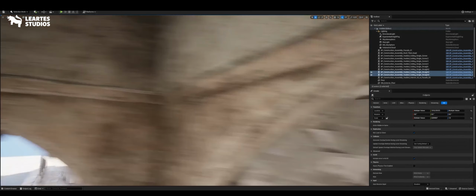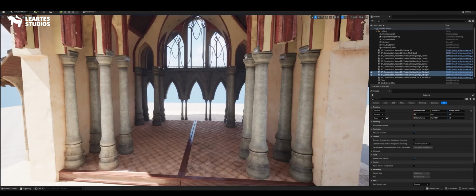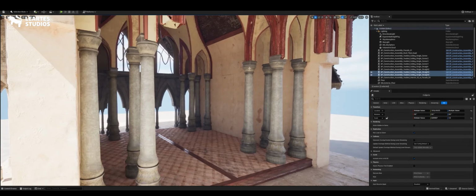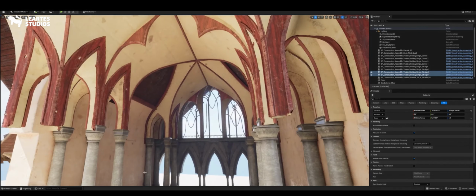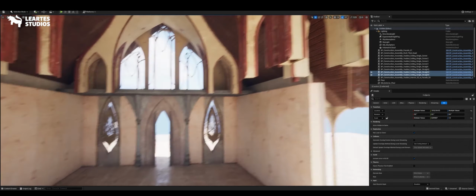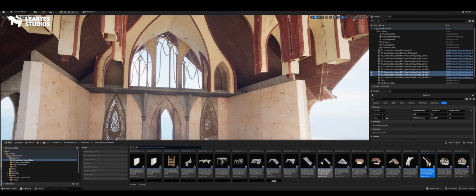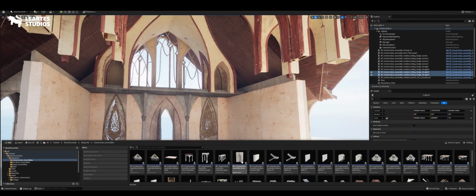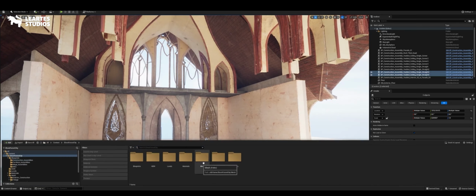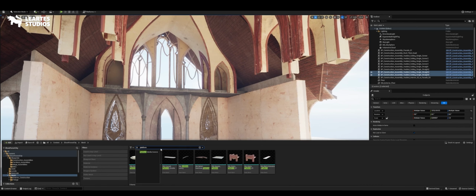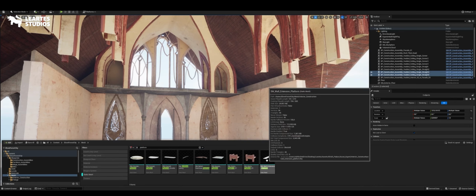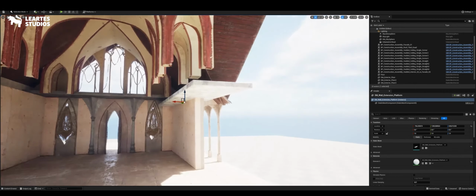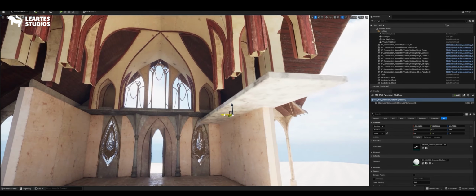Now, we see on this side that we have some walls and some pillars. So what do we do about that on this side? Well, there's a number of different options you can do. What I'm going to be doing is I'm going to find myself a platform. Select that static mesh filter, and there we go, wall extension platform. I'm going to be using this one, and I'm going to drag and drop it right in here